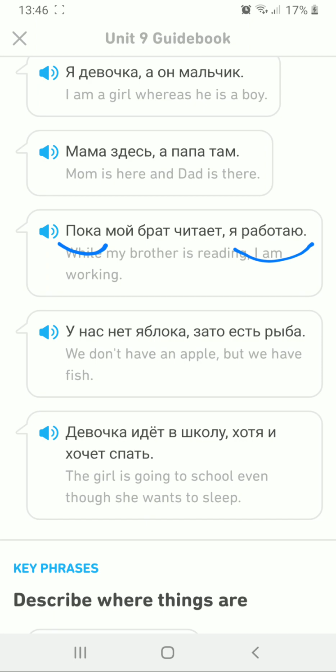I could say я работаю, а мой брат читает. So I am working and my brother is reading. But here we're using another word which is showing that it's happening now. We're using the present continuous, right? And this is the word